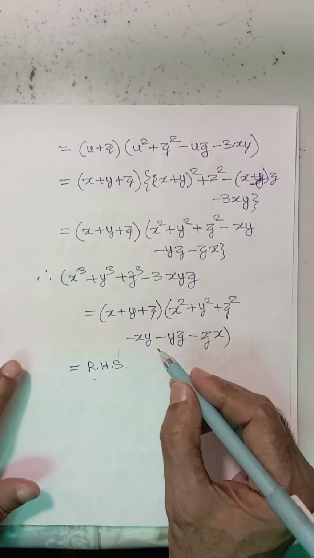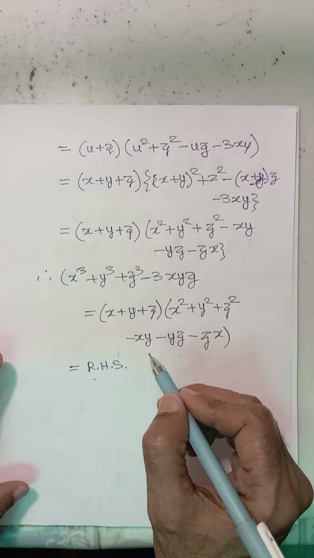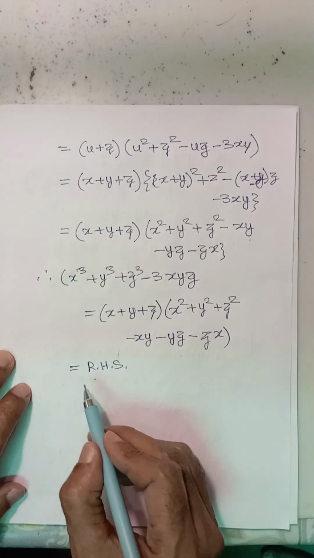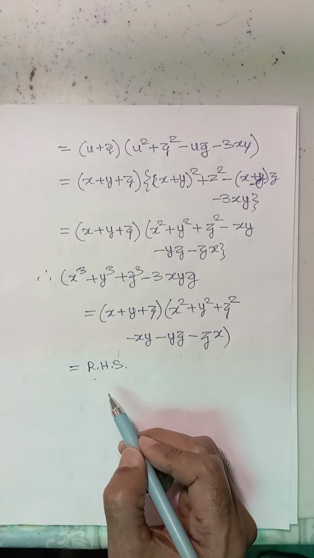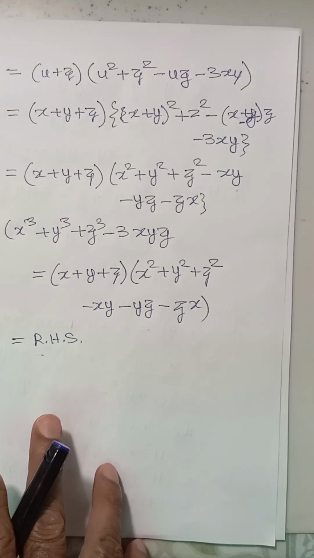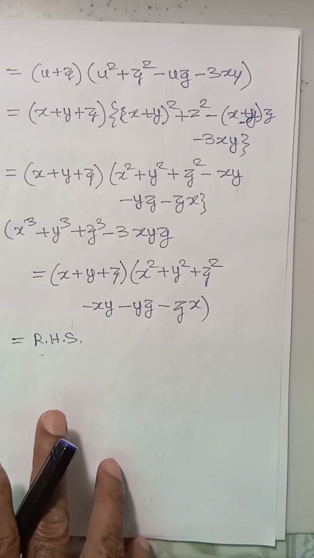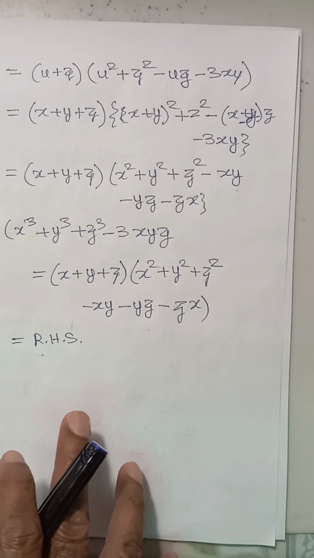That's all. We have proved all the algebraic identities, which means we have derived all the equations which are used in class 9th. In the previous video I had derived all the algebraic identities for class 7. In my next video we'll come to some problems related to algebraic identities, how to do factorizations with the help of algebraic identities for class 8th and up to 9th standard also. We'll try to solve some of the important questions.